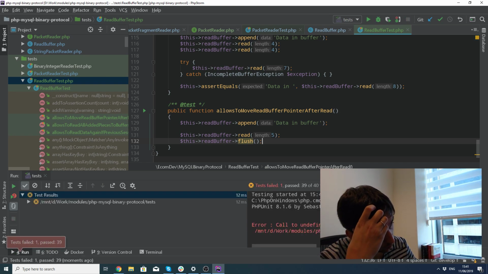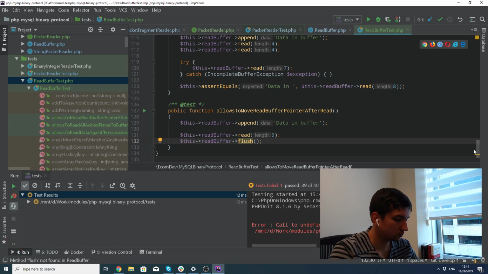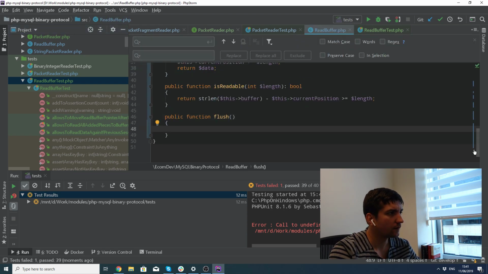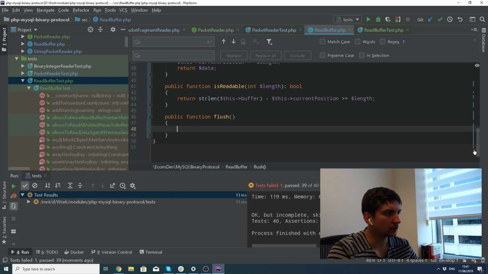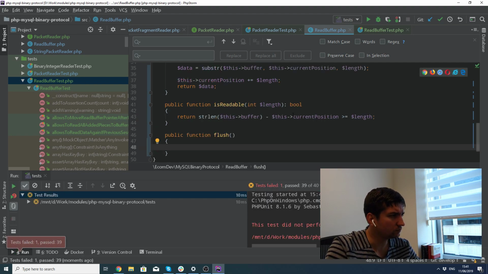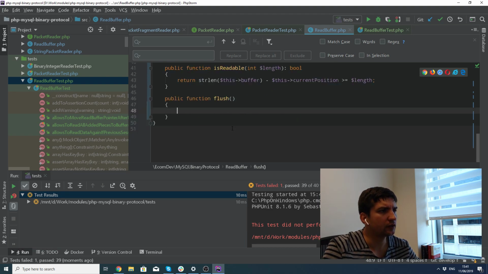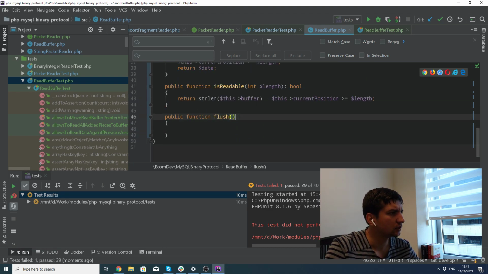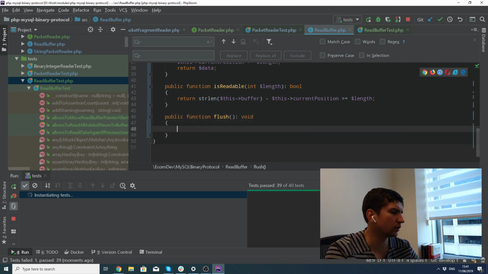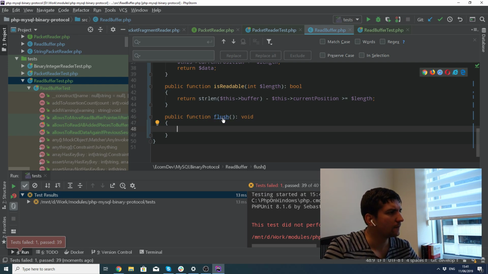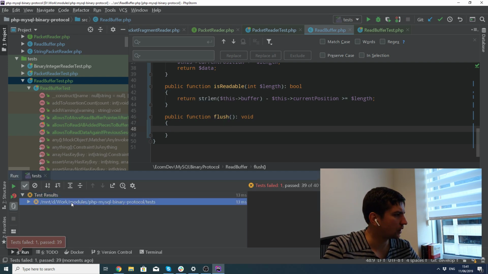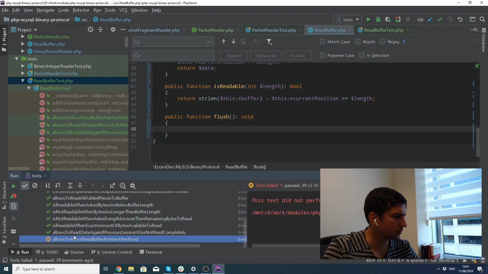It's like we're reading and then we're flushing to the point of the data being not needed. So what we have here, we just return actually void. We are not going to return any kind of result here, and our test actually didn't perform any assertions. So let's